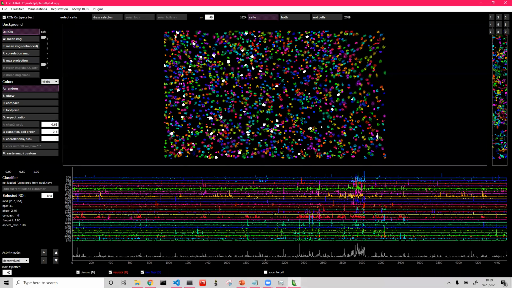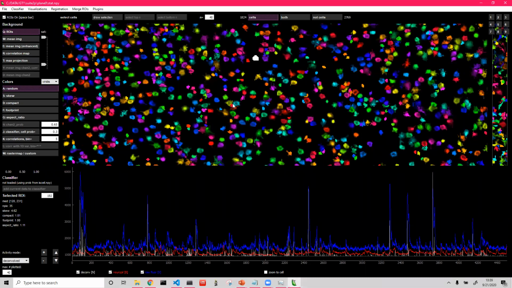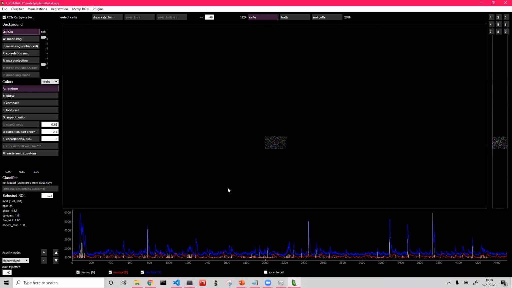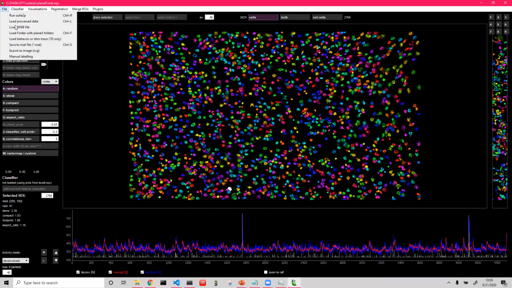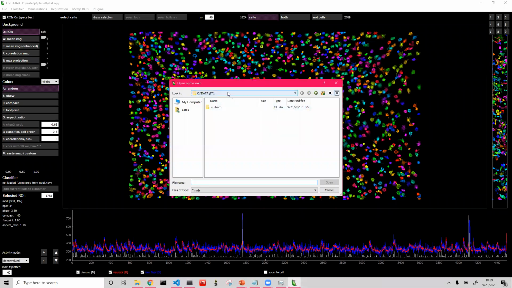Yeah, so the nice thing now that we have this NWB format, I'll show you now. This actually loaded automatically from the GUI. It automatically loads the NPY files once suite2p finishes running, but I can also load the NWB file that I processed. So in this folder GT1, where that tiff was that I told you about, that test data tiff on the website, it made a folder called suite2p, and inside that folder there's this plane0 folder which has all the NPY files, but also there's this NWB file,